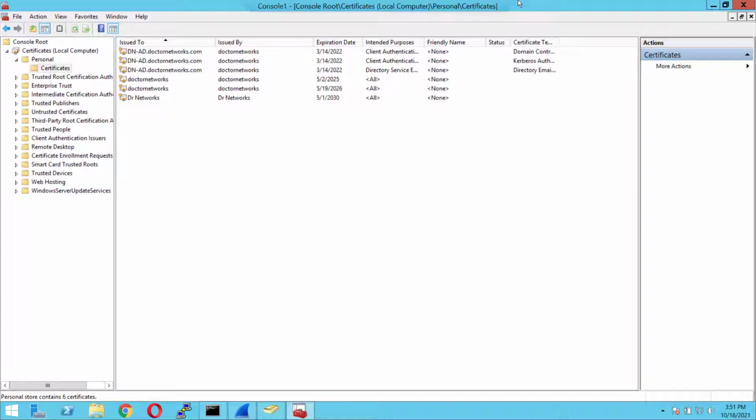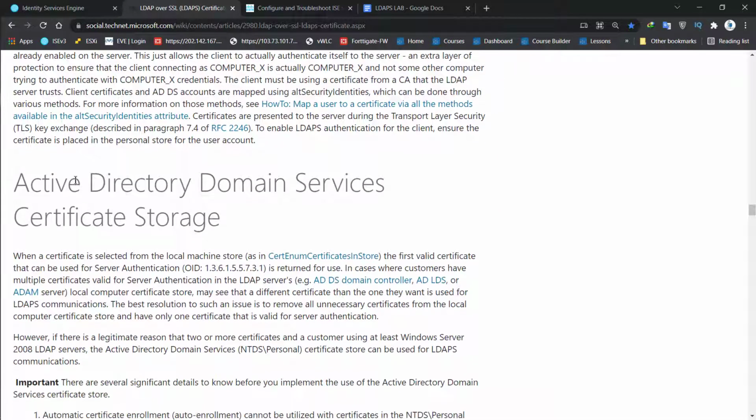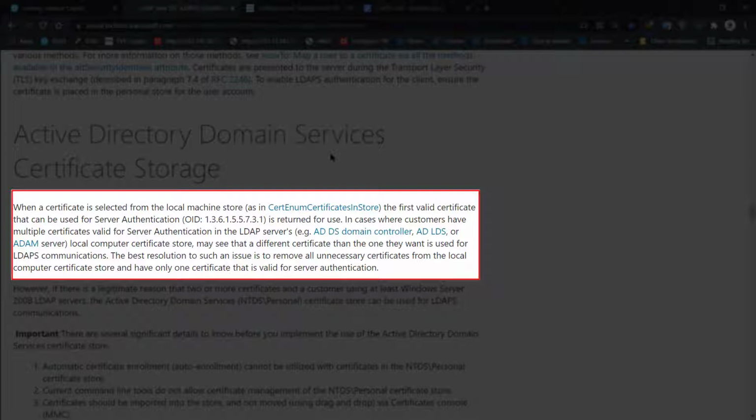Well, to answer that, we have to go towards the Microsoft website, TechNet, and we have an article on LDAP or SSL LDAPS certificate. So basically, in the Active Directory Domain Services Certificate Storage section, it states that it uses the first valid certificate, and you may have some issues when you have multiple certificates. So the best resolution to that would be to delete all the unnecessary certificates from the local computer certificate store